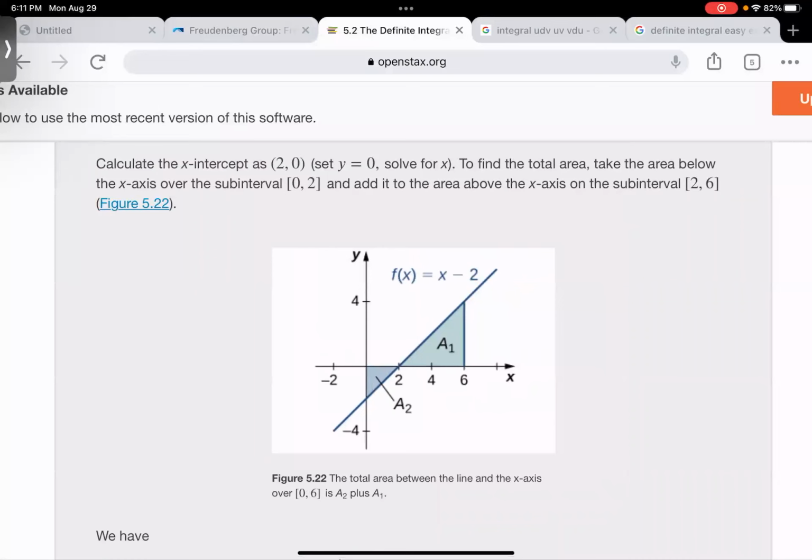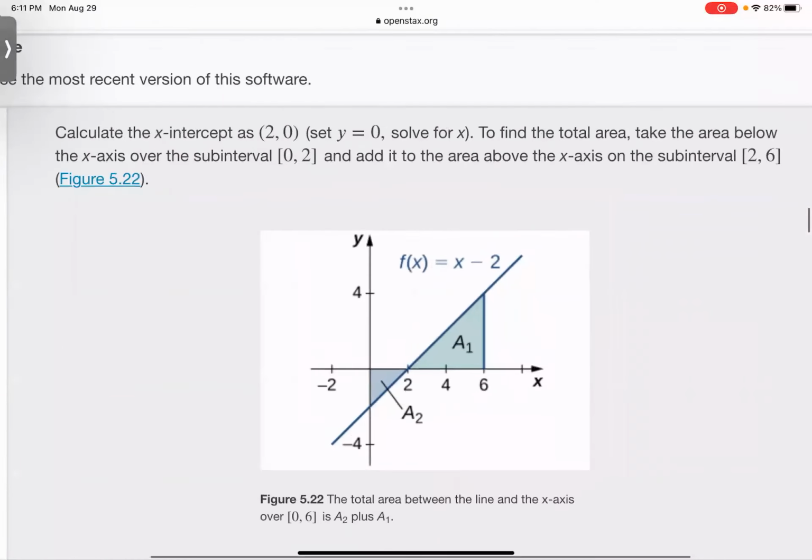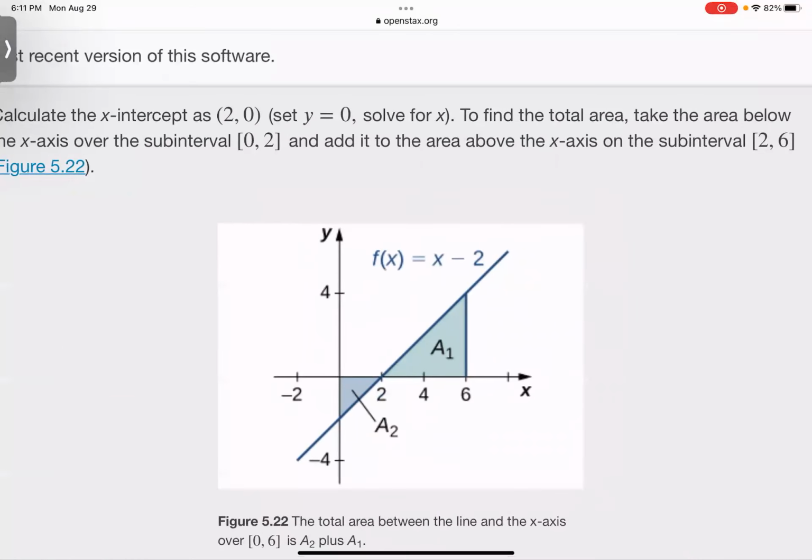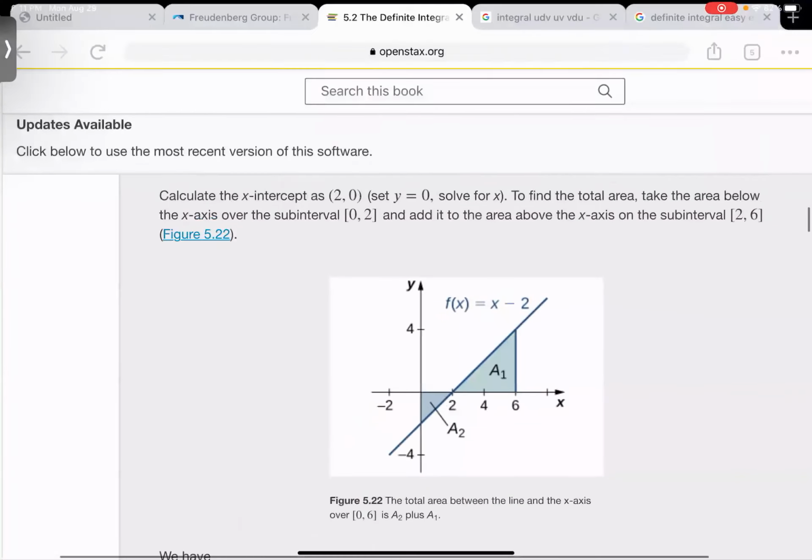And you wouldn't really have known that if you didn't draw it out or envision that. So because this equation was going below the x-axis, it would have calculated the area differently, which isn't good, because then you would get a wrong answer, right? Seeing the diagram would help you see that there's an area that needs to be calculated and taken into account. For this problem here,